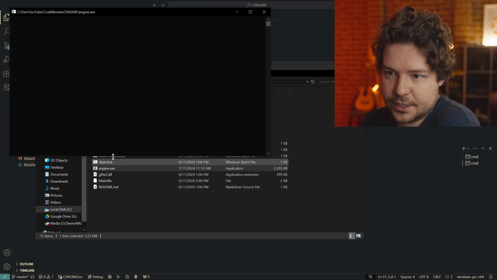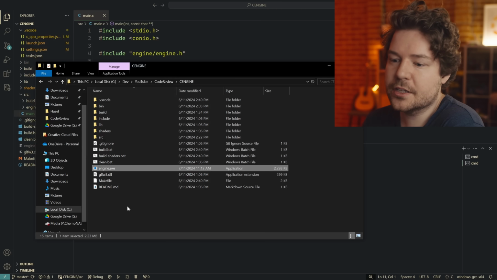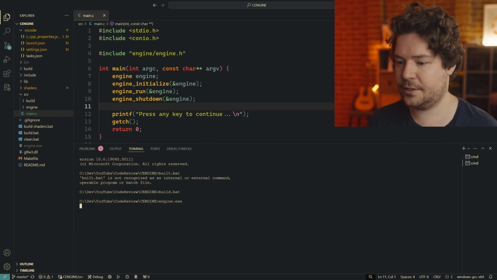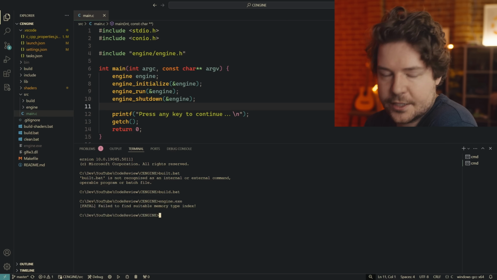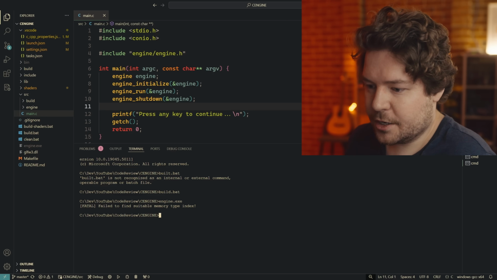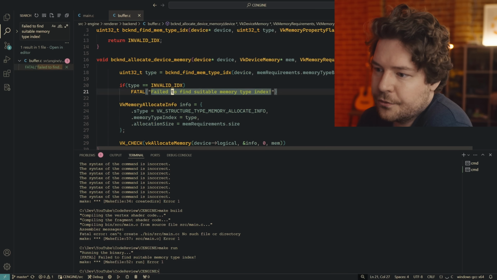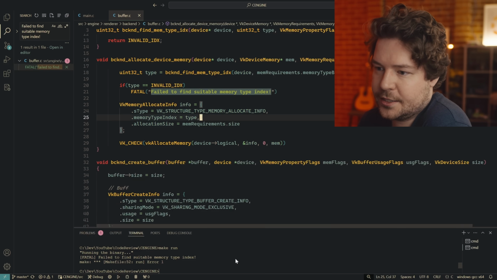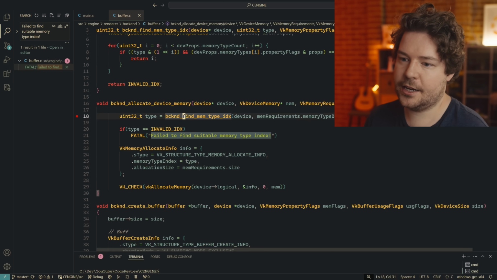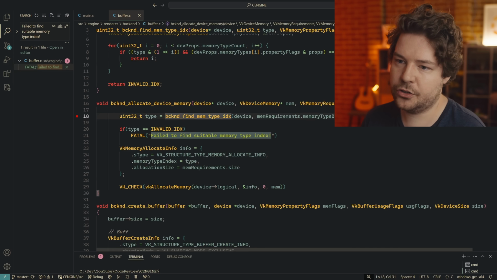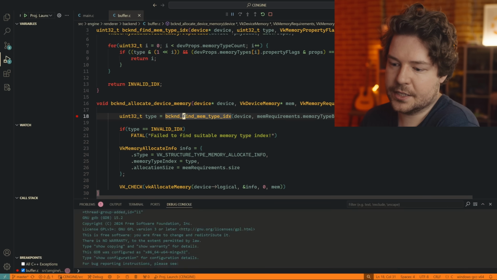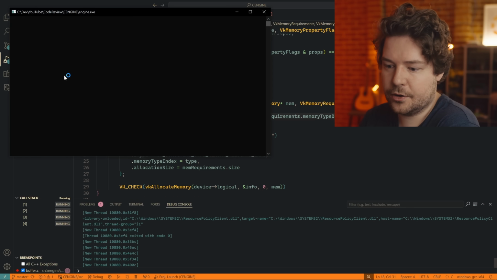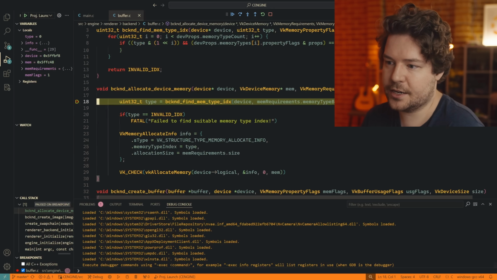So if I double click on this and we open it, we close it immediately. Let me try run it through this. Okay, so we get failed to find suitable memory type index. Yes, of course, this can't just work. Why would it work? It was sent to me for a code review. So let's just search for that. Failed to find suitable memory type index is happening over here. I think we can actually breakpoint this, and I should be able to just run this by doing run, start debugging, because I did hook up the VS Code stuff. So you can see, yes, we do end up here.